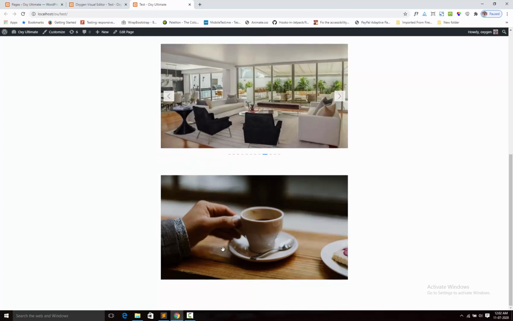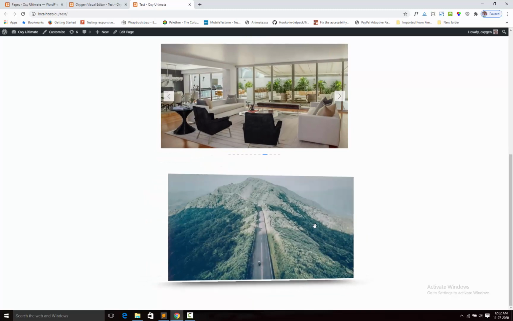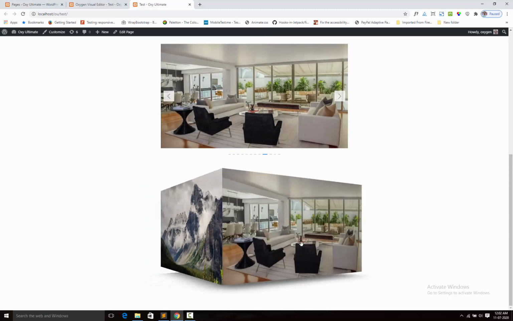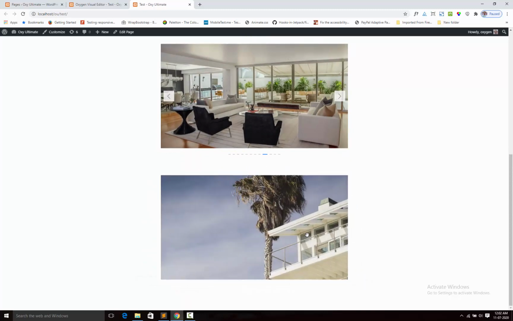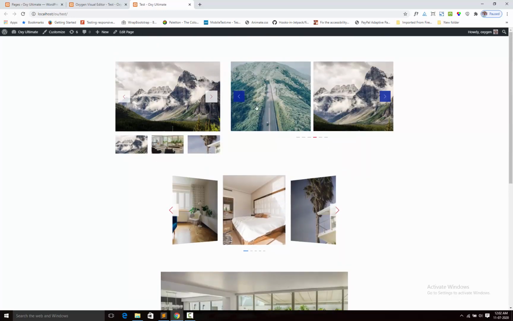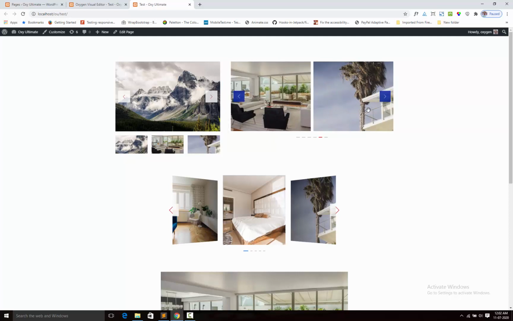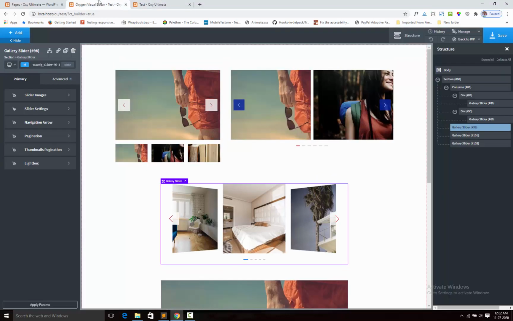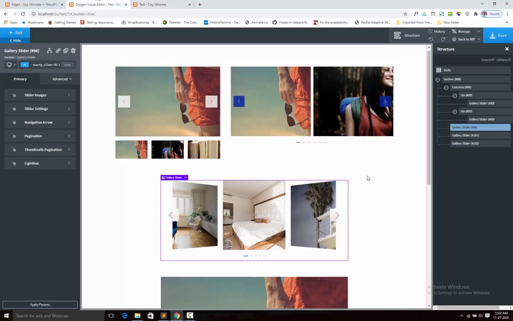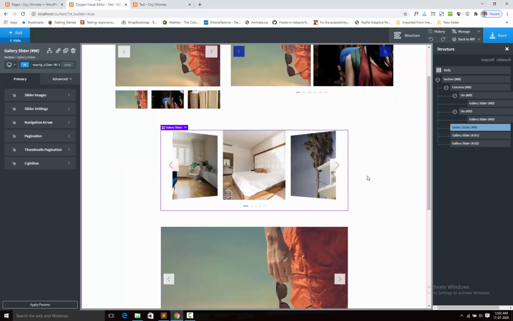This is the 3D effect. For carousel, you can set up the column width based on your devices, and it is fully responsive also. So here is my builder, and I open my gallery slider.